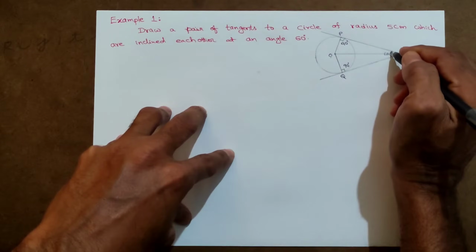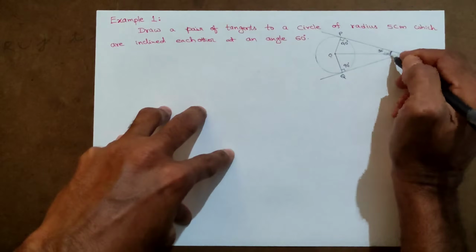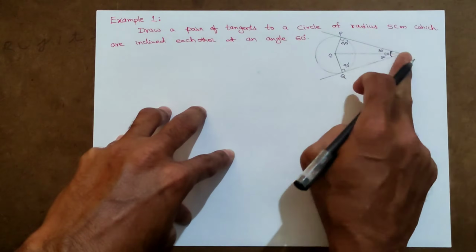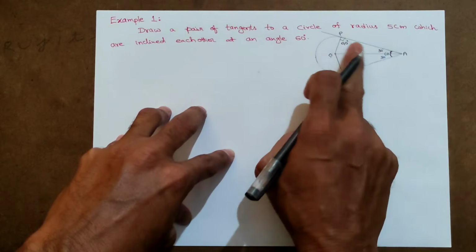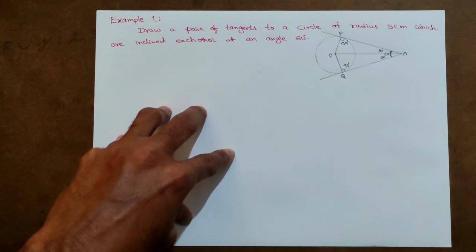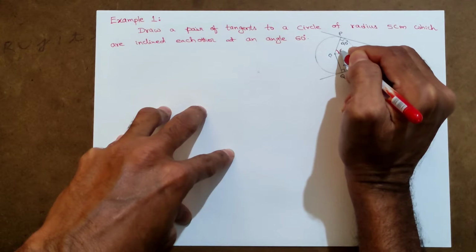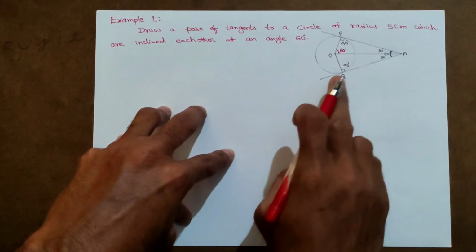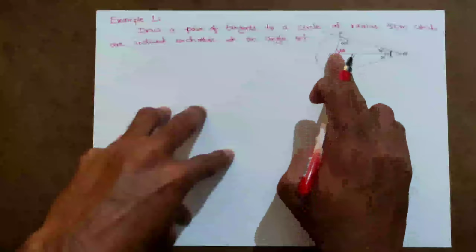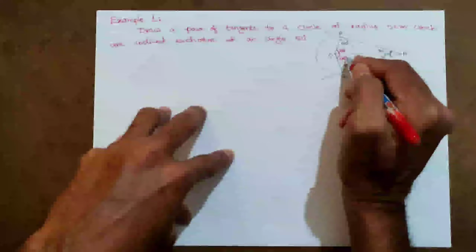That means 60 can be divided as, here you see, this is 30 degrees, this is 30 degrees by CPCT. Now you see in this triangle, 90 plus 30 is 120, so by angle sum property, this angle should be 60 degrees. Angle at O should be 60 degrees. Similarly, 90 plus 30 is 120, so by angle sum property, this also should be 60 degrees.